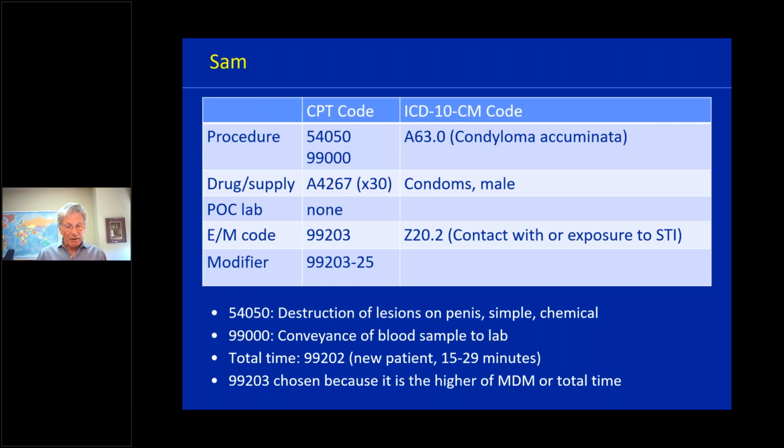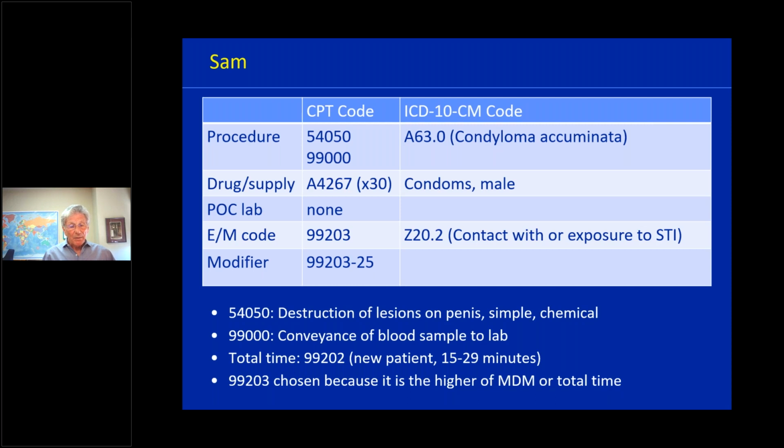Now, there's another procedure there, which is 99000, and that is if you draw a blood sample and you have to pay to have that sample sent to a laboratory, then you can actually bill for reimbursement of the cost of having it sent to the laboratory. That is a Family PACT and Medi-Cal benefit. Now, if the laboratory comes and picks up the sample, you don't have to pay them for the transport, then you can't bill 99000. But on the other hand, if let's say, for example, you're sending a laboratory sample to Texas and you've got to pay for the postage, then you can bill the 99000 CPT code as a Family PACT benefit.